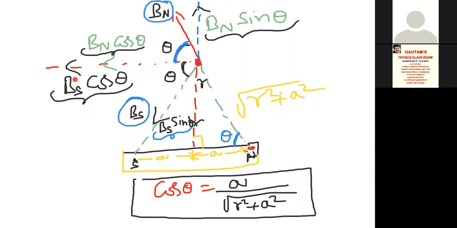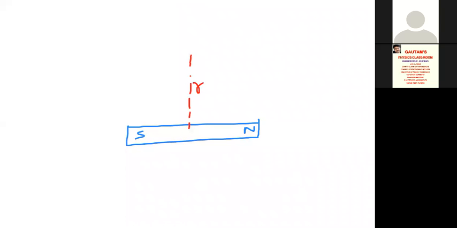I hope you got some idea about what we have drawn. Let me draw the diagram again on the next page. Not the exact diagram, I'm making small changes here. I think you got the idea of what things are present in the diagram. Here, this is the point I want to find. From here to here the distance is A and from here to here the distance is A. And now I want to find the magnetic field at this point. That is my target already.